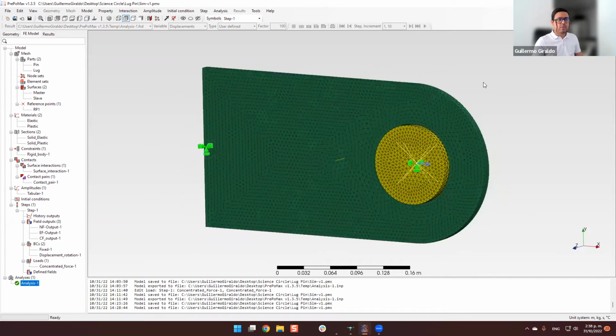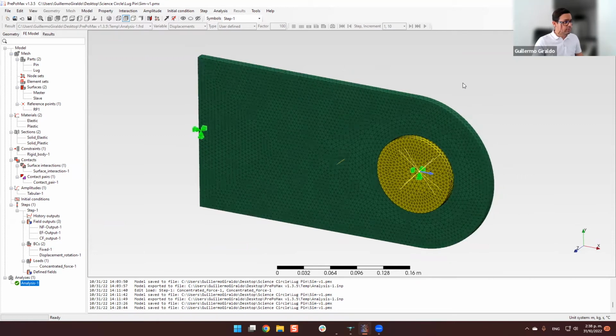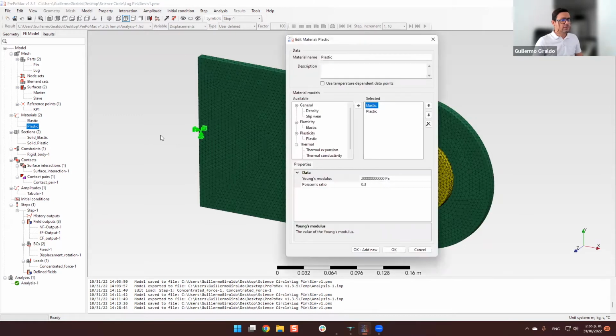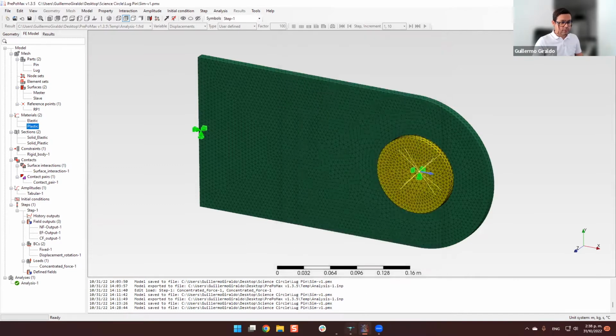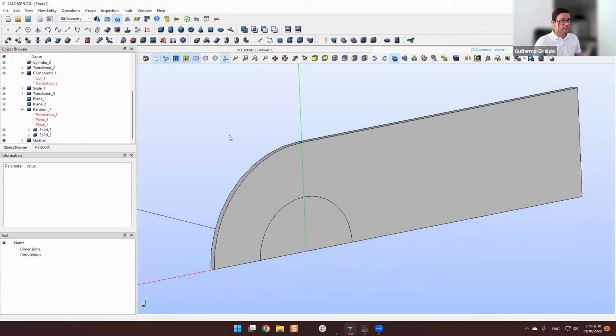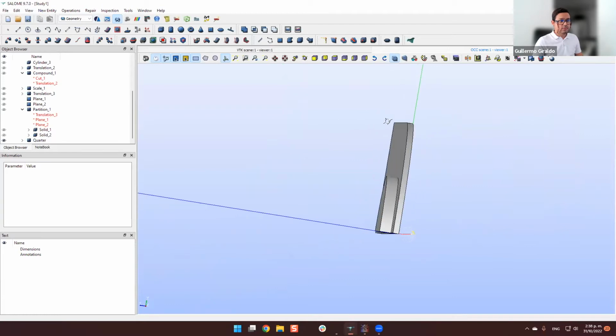And the other thing that I wanted to perform here is that on the plastic material, I used the engineering values for this material. I wanted to make an improvement, which is a correction to move to the true stress-strain values, which is always recommended when performing plasticity simulations. So let's do this. Here you can see that I have my Salome